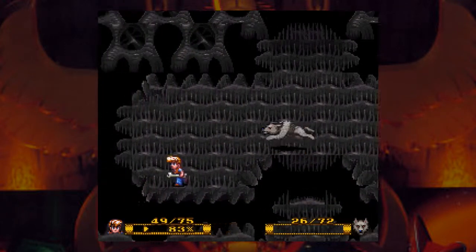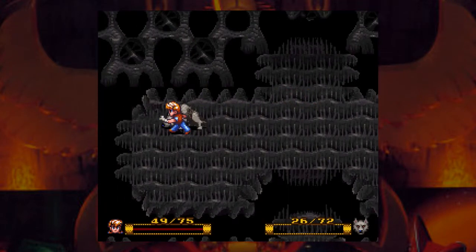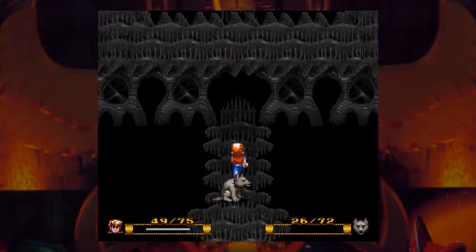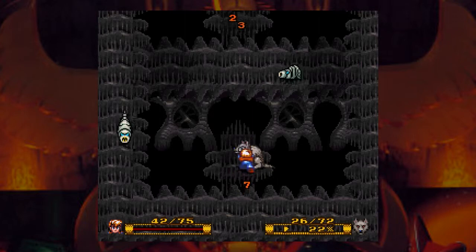Alright. So I got 59 points. Oh, hey. Gotta find some clay. Some Brodus clay. Alright. Alright, now that we have